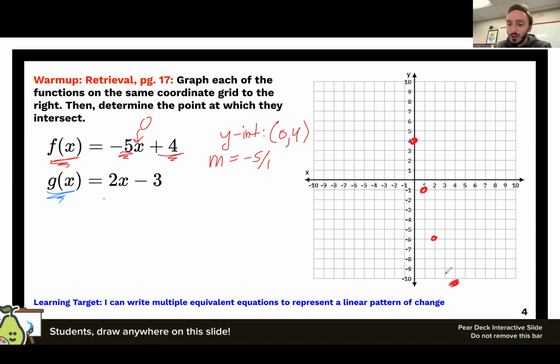So you'll get a linear function that's decreasing in this given context. If you wanted to run it backwards, you can go up 5 and then left 1. So that would be a full version of the graph of f of x shown there in red. We're going to do the same thing here for g of x,